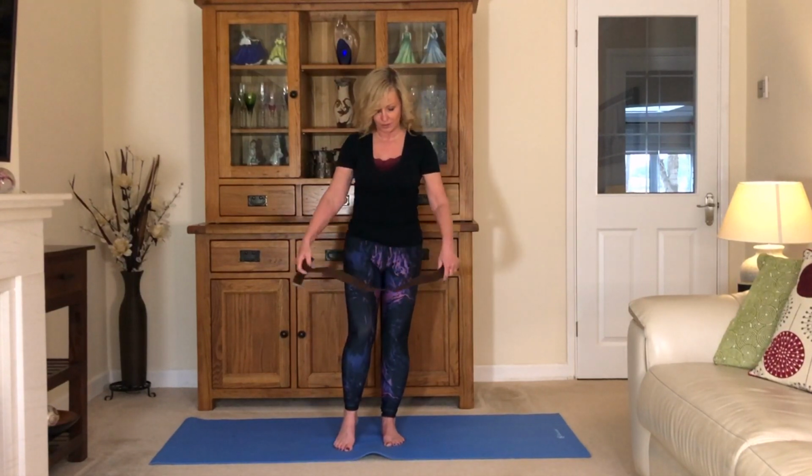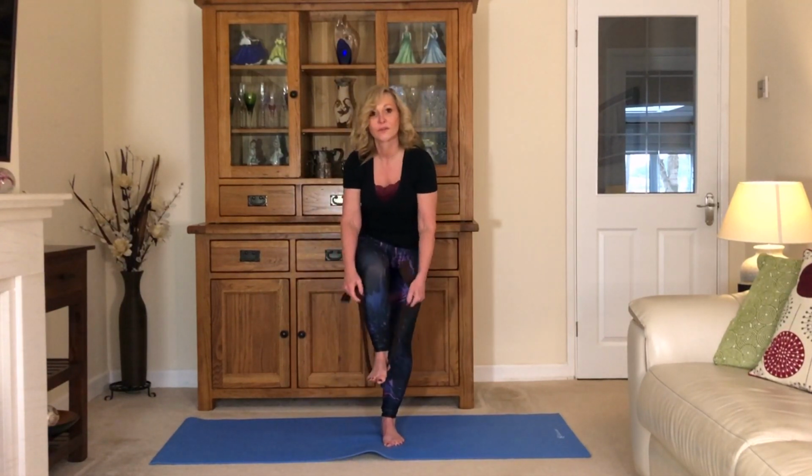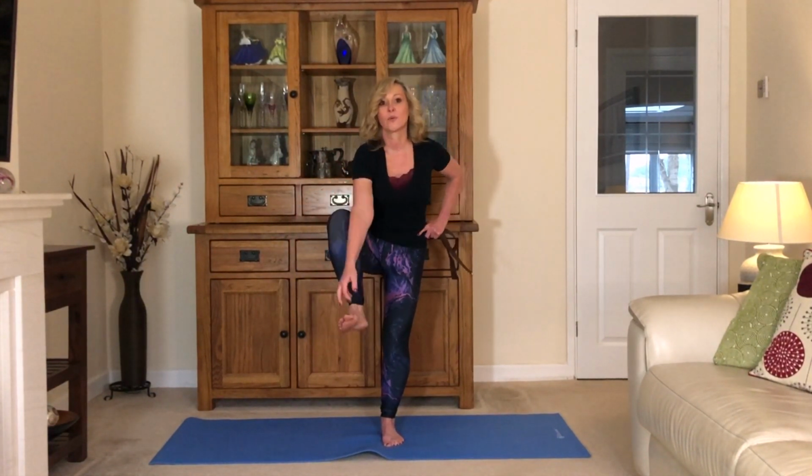And then if you want to take it further, you can use the strap, bring it around your foot, hold the strap with your left hand, your right hand is on your waist, and bring the leg out. You can do this by holding onto the back of the leg without a strap, or you can hold onto your big toe and stretch your leg out this way if that works for you. And then take the leg to the side. Now if you don't want to bring it straight, you can be holding a knee and just take it to the side this way. So whichever way works for you,